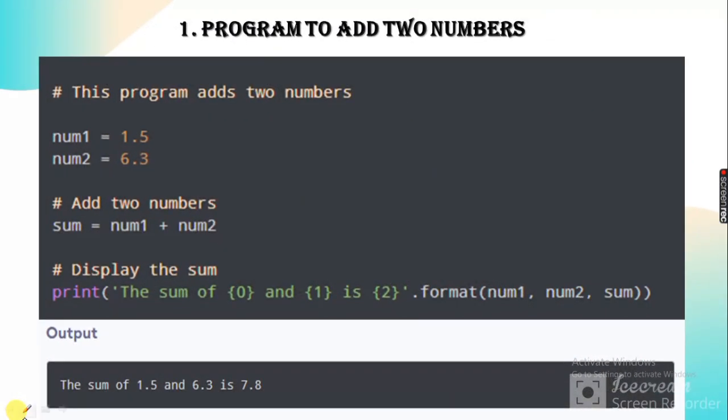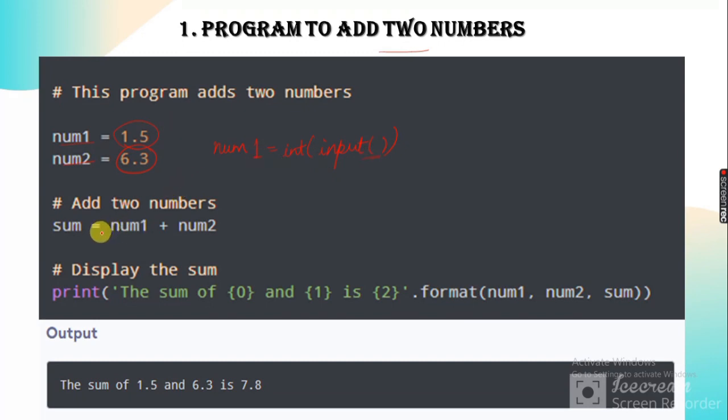So here is the first program, that's to add two numbers. If we want to add any two numbers, firstly we have to assign two variables with some values. If we don't want to assign the values to the variables in the starting of the program, then we can write, here I am taking the same variable as written in the program, num1 is equal to int input. This will be the statement if we want to assign the values to the variable during the time of